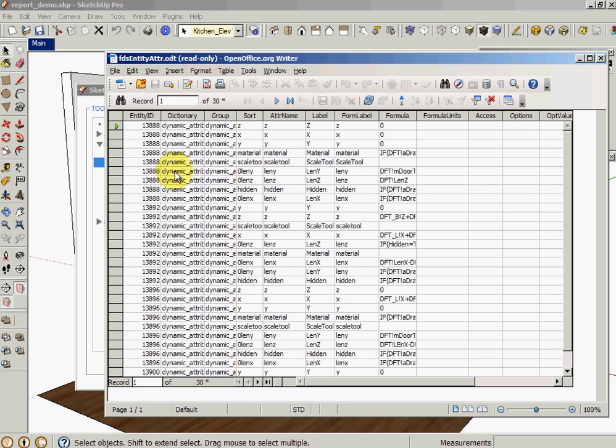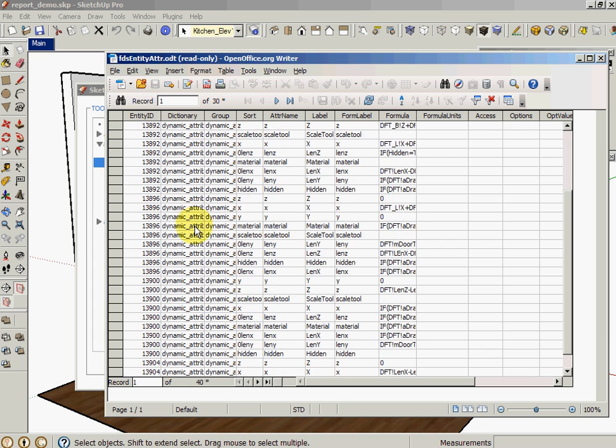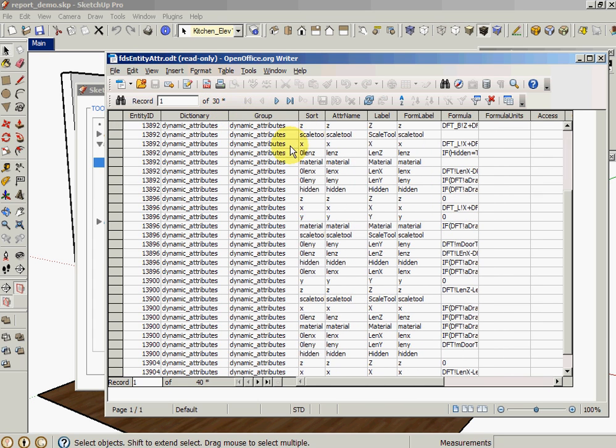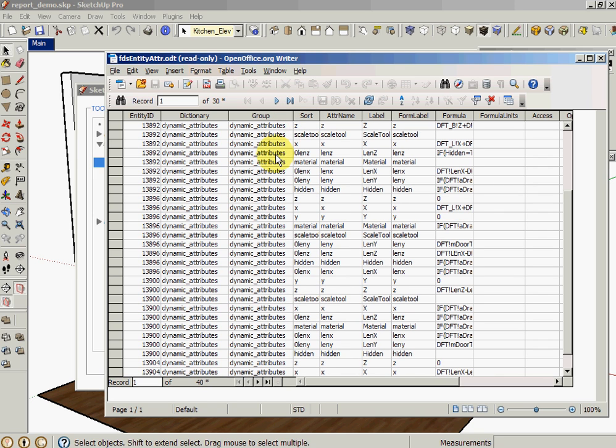So here's the entity ID, and then we have not only the dictionary, but we've added an additional group because we wanted the ability to break a dictionary into subcategories on the tabs when we were working with the component. So all the dynamic attributes in that don't have to be shown at one time. We've also added a sort code so that we could sort the attributes in a sequence we liked versus the